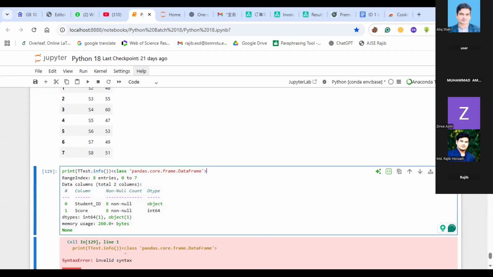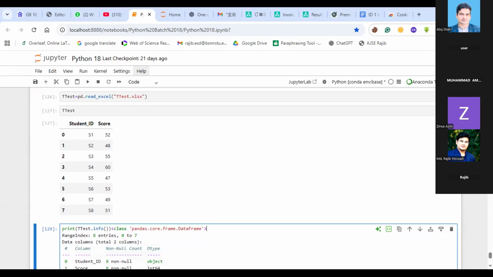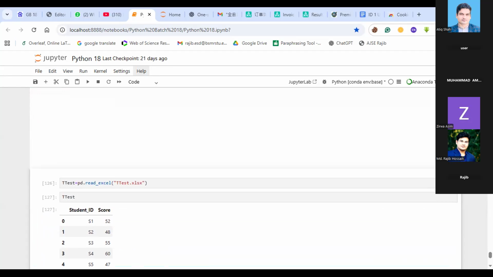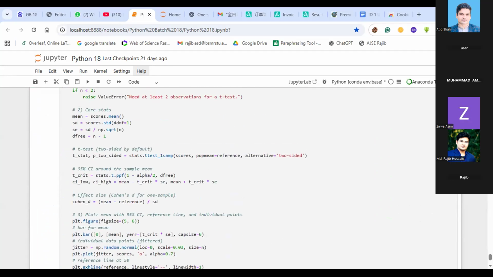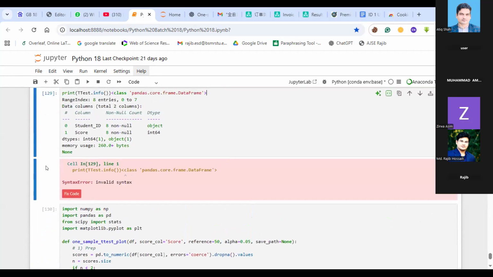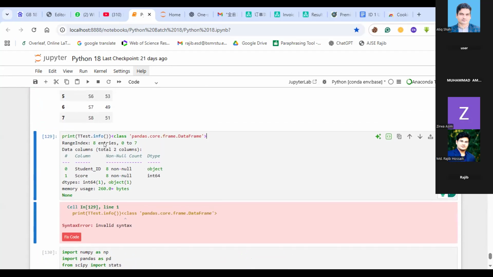Please let me know where the error is. Please let me know why you are running this line. It is not a script. Line number 129 is not a script. That's why it is giving you an error, because here you have combined two things, your script and the output of the script. Copy the script, copy this box,